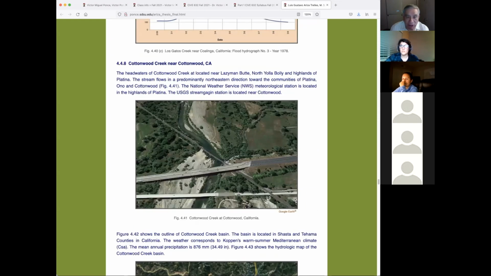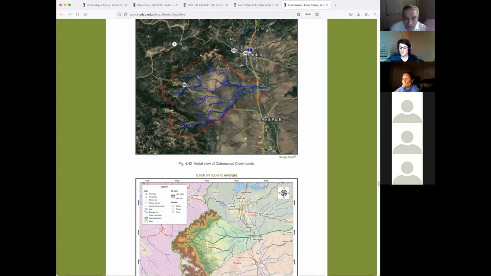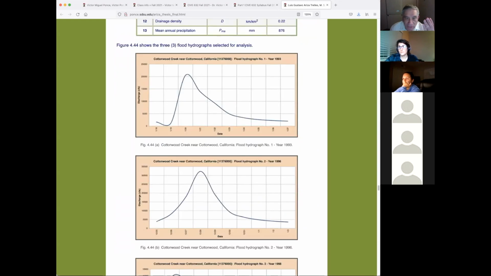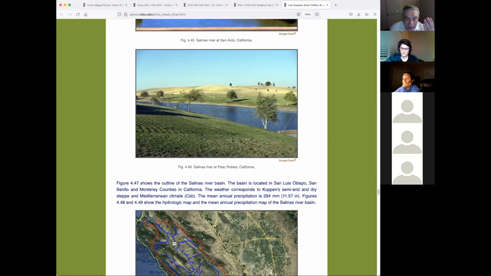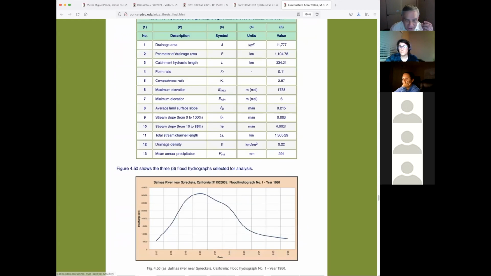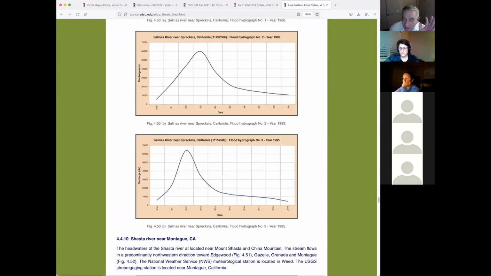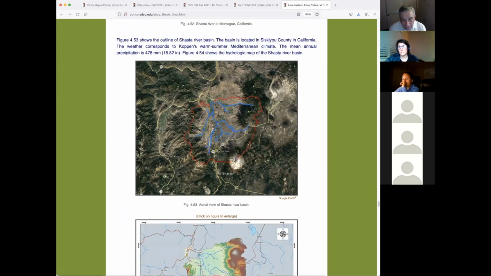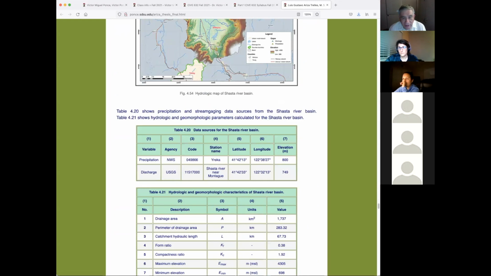And then at the end, Los Gatos and Coalinga, Cottonwood, near Cottonwood. This is in the north of Shasta. It means at the end of the Central Valley, northern end of the Central Valley. Hydrologic and geomorphic, another hydrograph. Salinas River. Salinas River, I think I've been out there. Anybody, you can go to San Francisco by land and you run through the Salinas River. Shasta River